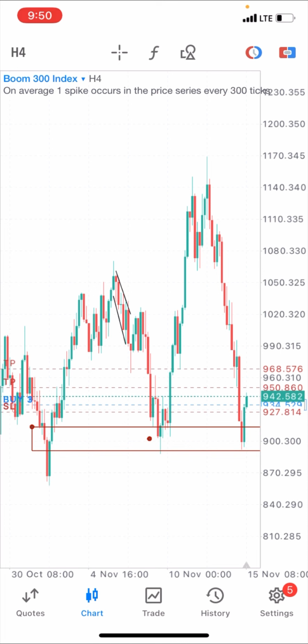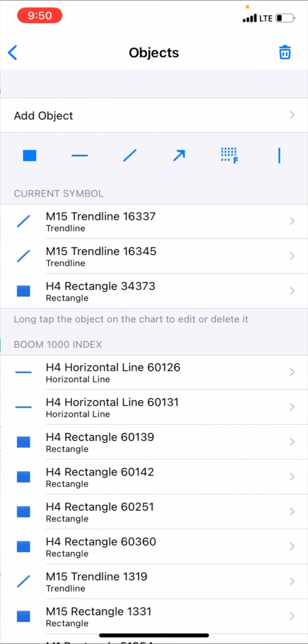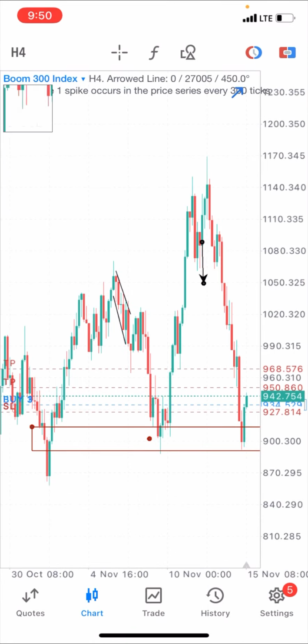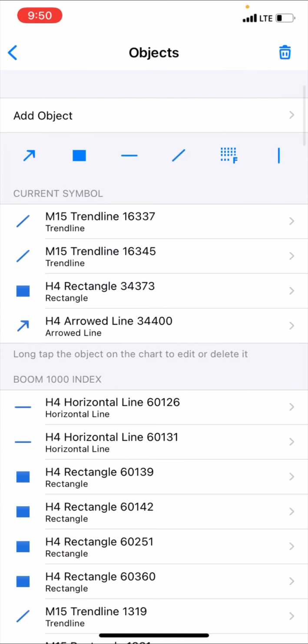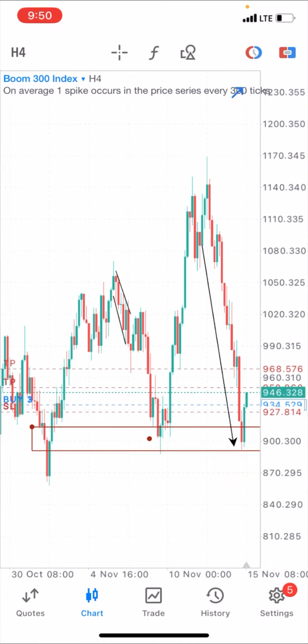So first thing you want to do is see where the market is going. Obviously the market had come all the way down to this level where it usually reverses from. You can see that whenever price comes to this level, it usually goes back up, like what happened here and what happened here and what happened here. Sometimes it just might drop below that level and still pull back up, because that level is